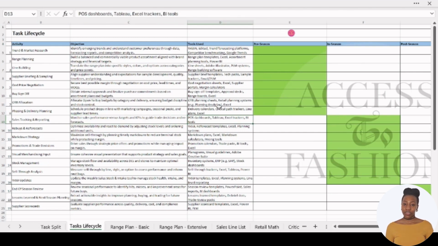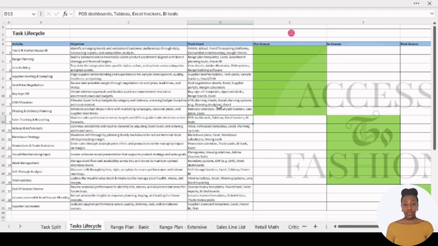So the tools that are used for this heavily are your purchase order dashboards. You'd also have things like Tableau, which is an analytical tool for sales. Always have your Excel, like I said, and then there's things like BI as well, business intelligence, and there's just so much software for things like that, grabbing sales information, linking it with your POS